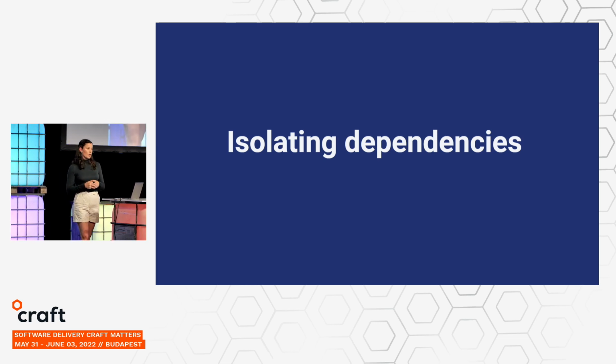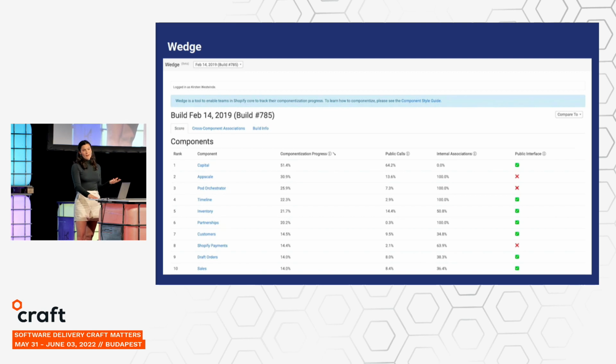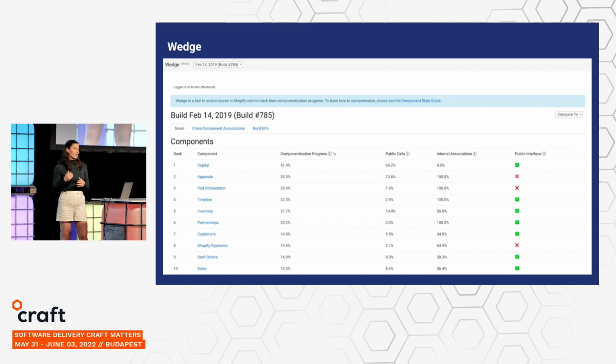And then we also built out a tool called Wedge to help complete this task. Wedge tracked the progress of each component towards its goal of isolation. It highlighted any violations of domain boundaries and data coupling across those boundaries. To achieve this, we wrote a tool